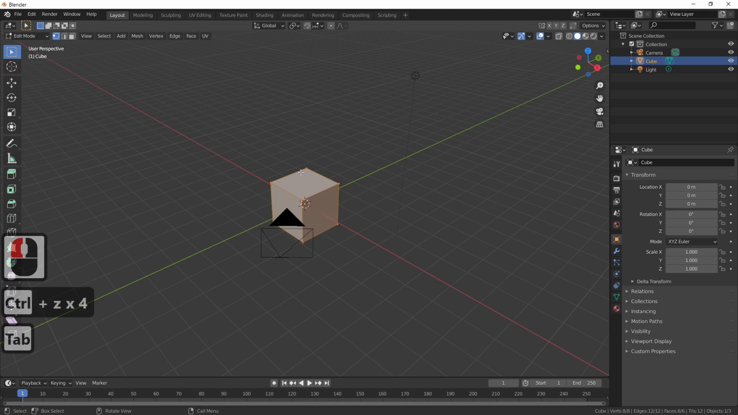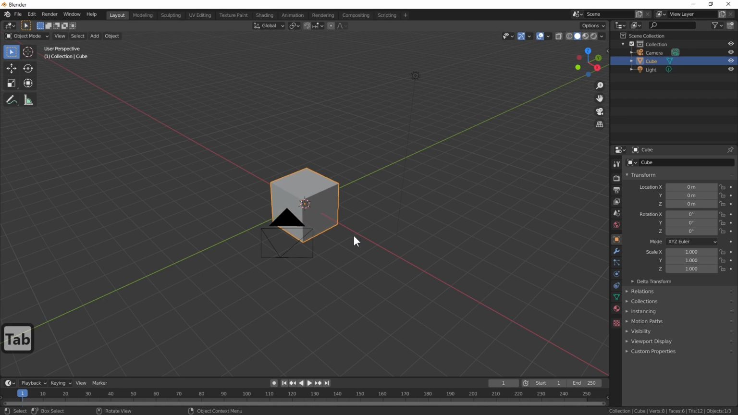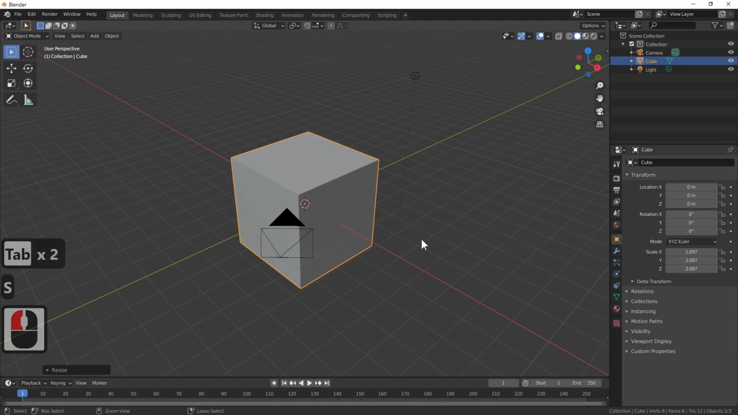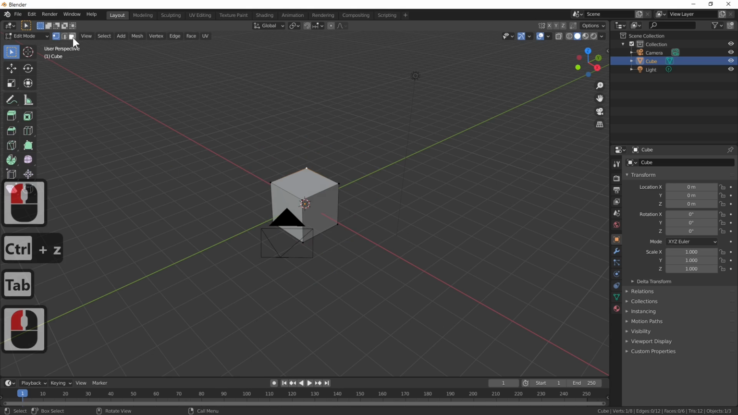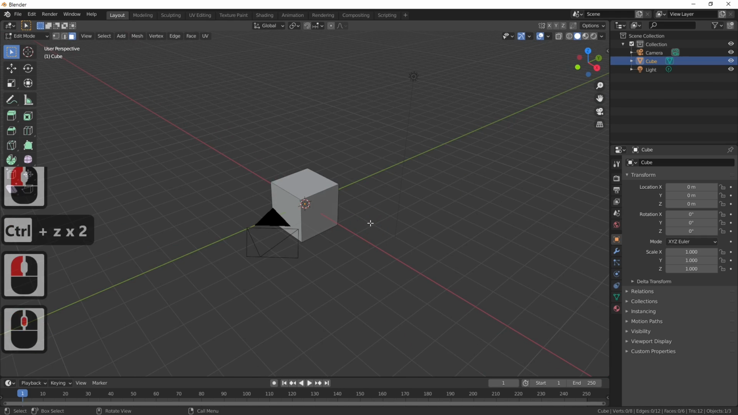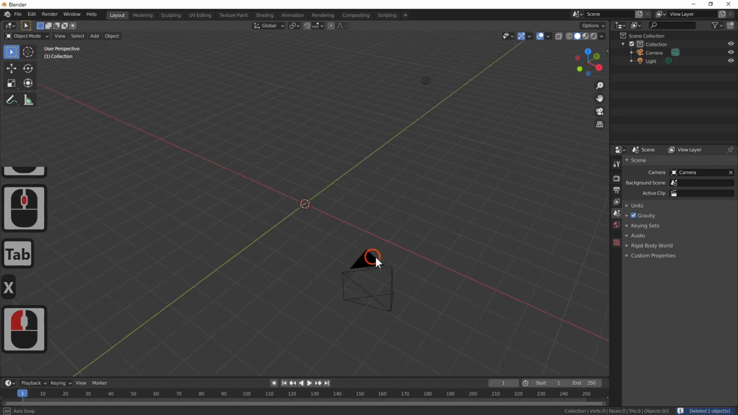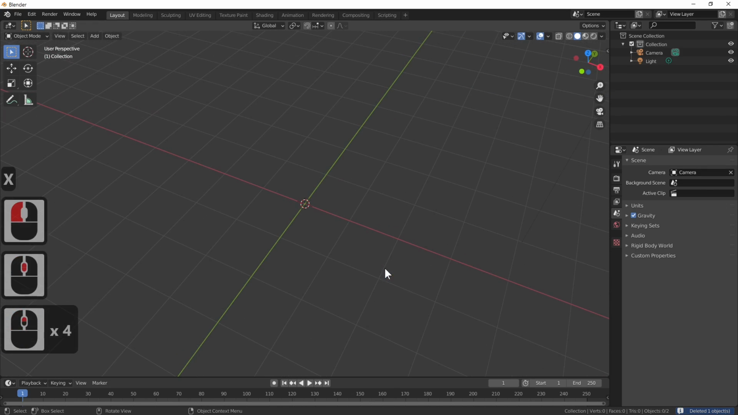Tab key will take you in and out of edit mode. I'm just going to change this so it puts into the small square boxes, and tab will also take you in and out of edit mode, and S will scale, Ctrl Z, E will extrude, E, Z, and Ctrl Z undoes everything. X deletes, and for this tutorial we do not need the cube, so what I'm going to select first is